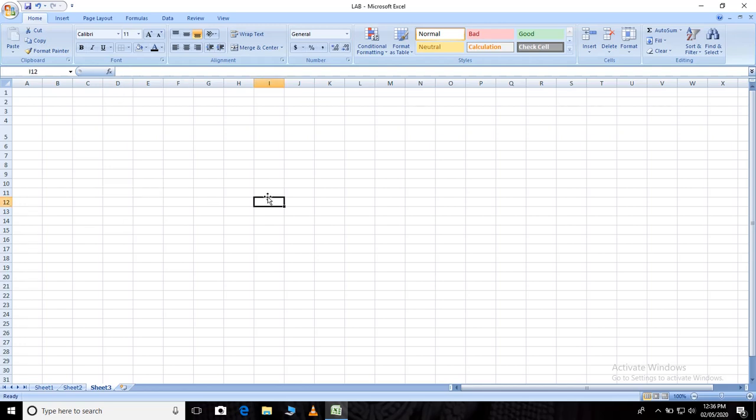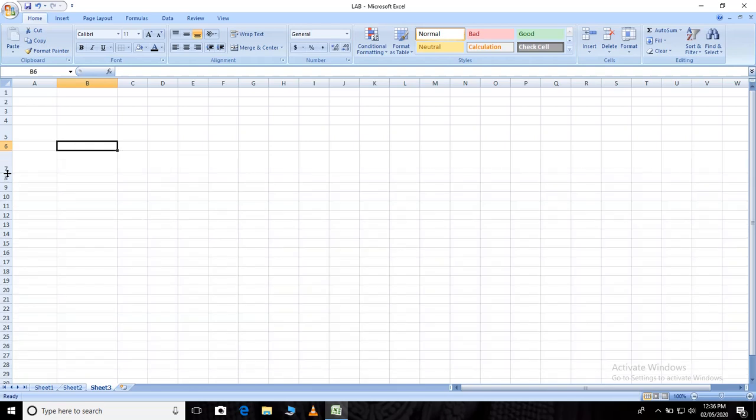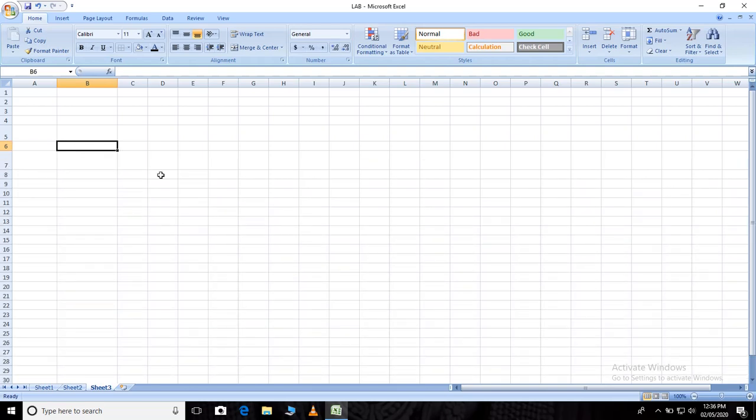Understood? And if you want to increase or decrease the row or column width, you can change it. You click it here and drag it. You can increase or decrease. Same way for row: you go here, you can see a plus sign, and you can decrease or increase. So you can change the row or column width.